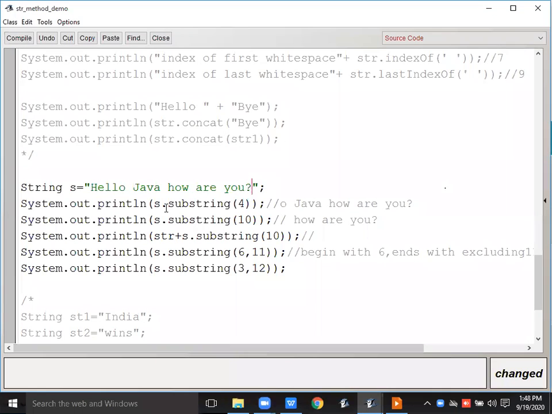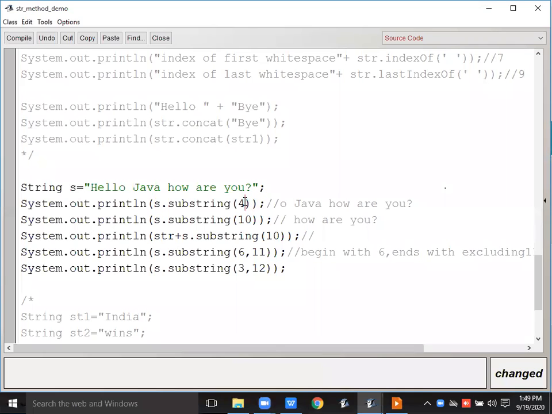So here S dot substring 4. See over here in this S dot substring, S is this string S, in which you have stored Hello Java, how are you. So this method is going to fetch from Hello Java, how are you. Now what is going to be fetched? Part of the string. So substring 4, this is the syntax of how you will use it. You will use the string name, the variable of the string, then substring, then the parameter.